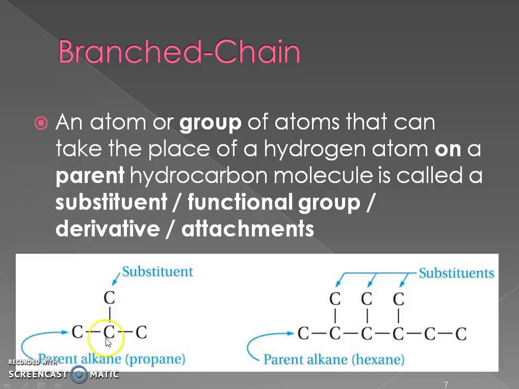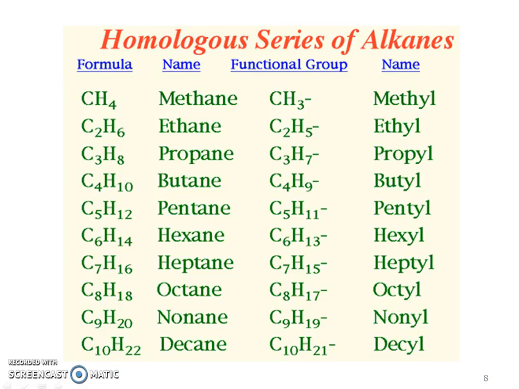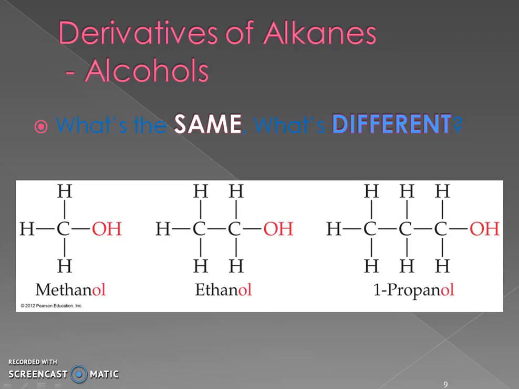So here we have the parent hydrocarbon, or the longest chain we used to call it, and this is your substituent, or I like to just say groups. It's not a hard word for me to say. So we're going to have to name those groups that are coming off of that longest or the parent chain. We also want to remember that when we name the group that's off of that parent chain, we're going to change the ANE to the YL. So if we have a methane group, a one carbon group, we're really going to change it to a methyl name. Or if we have a two carbon group, we're going to change it to an ethyl name. So all we're doing is changing it to a YL at the end.